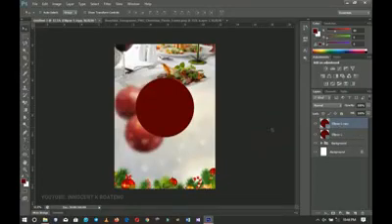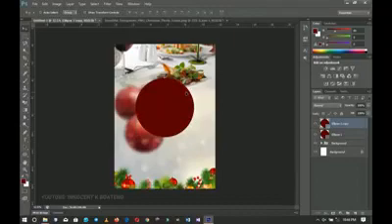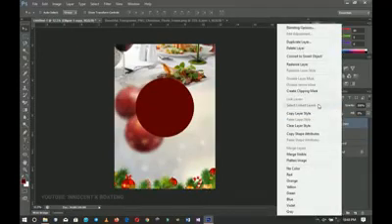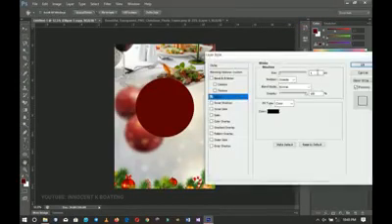I'll press Ctrl T to transform it down a little bit like this, and then I'll double click on that one. I'll come to the fill over here and then I'm going to set the fill to 0%. Right click on the duplicated ellipse or circle,